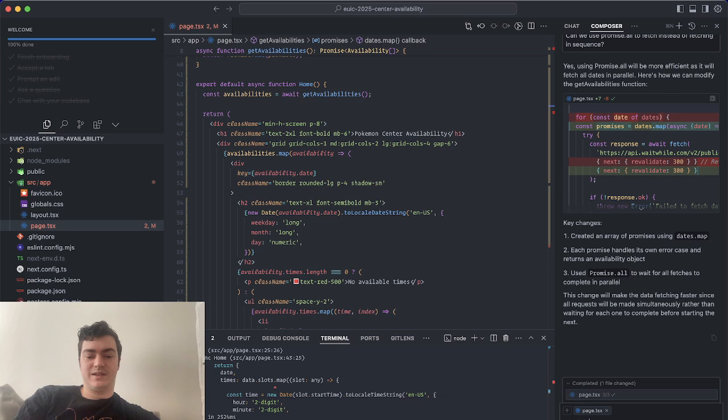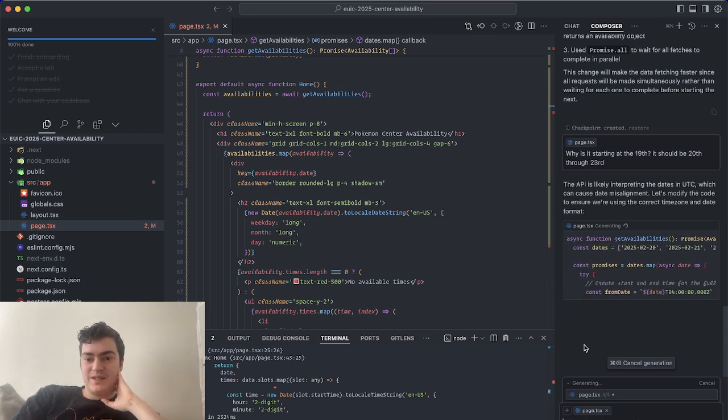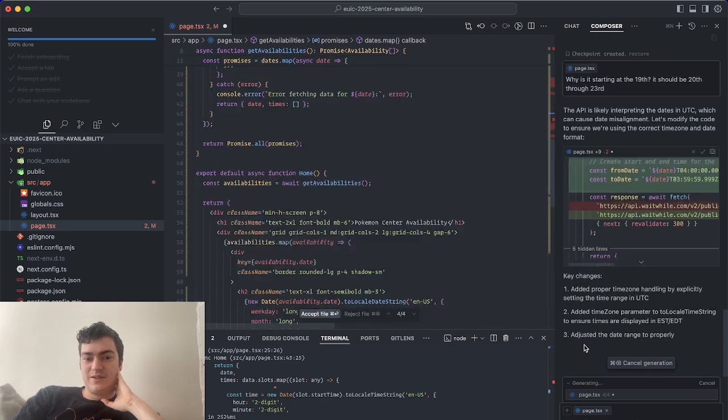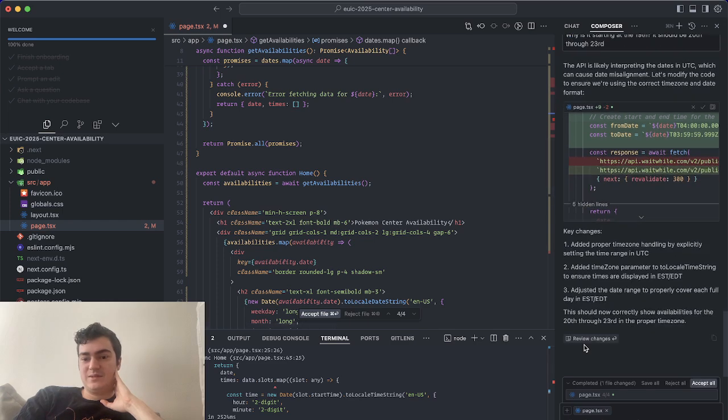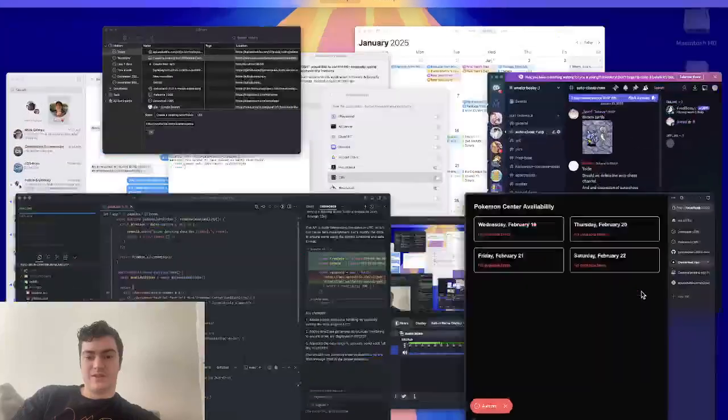Why is it starting at the 19th? It should be 20th through 23rd. I already did a pretty decent job here. UTC. Okay, I mean, that makes sense. So you convert it to, I don't know why that should,